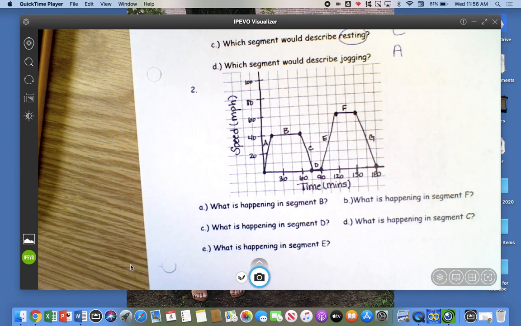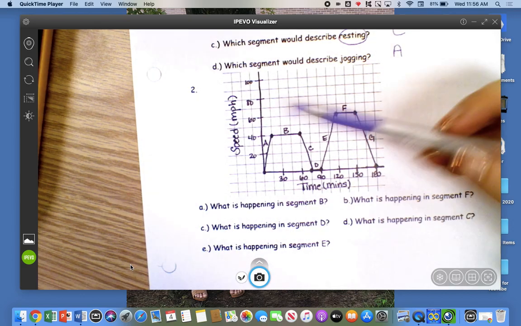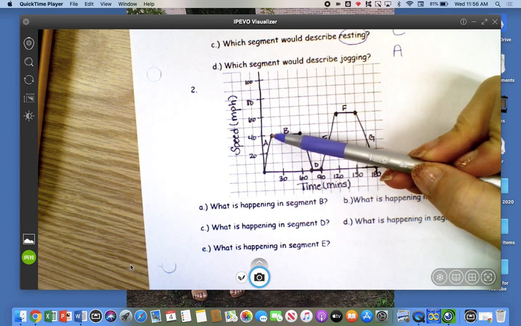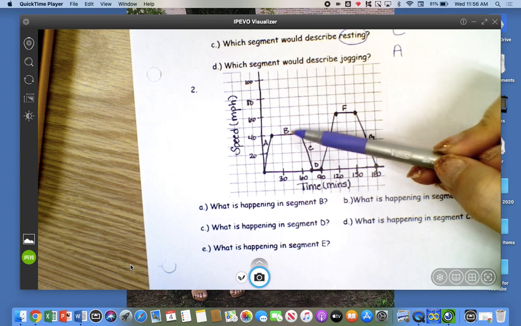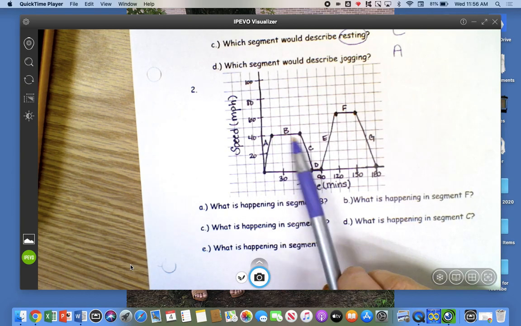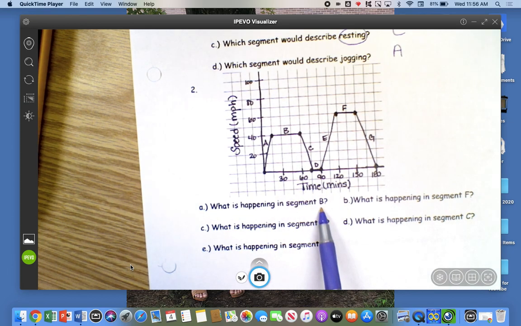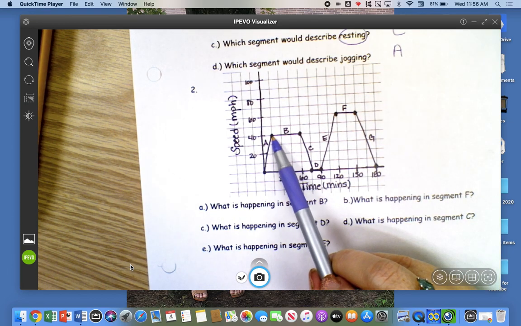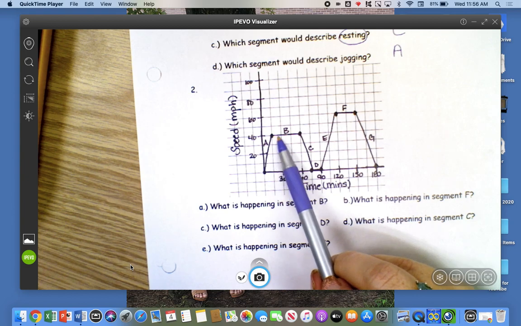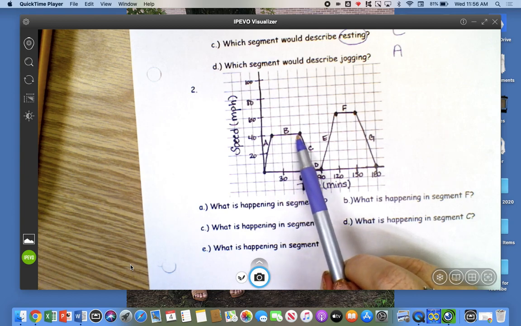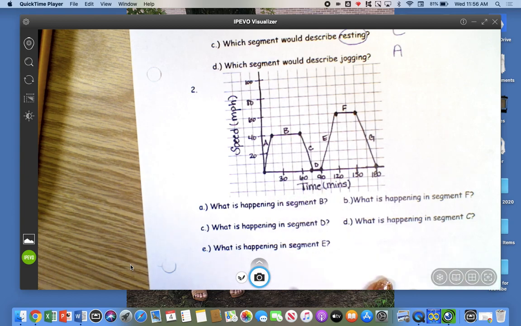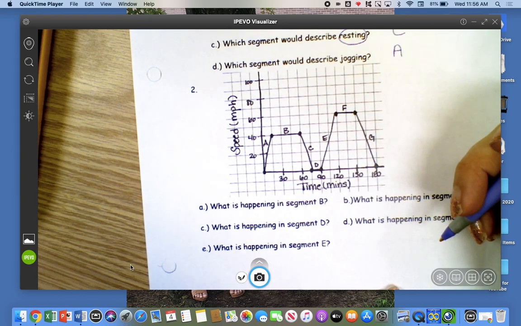So whenever we have an increase in a line, that means an increase in speed. Now here our speed is staying at 40 miles an hour. So it says what's happening in segment B. It starts at 40 miles an hour and it stays at 40 miles an hour all the way over for this. So we can say in this situation,